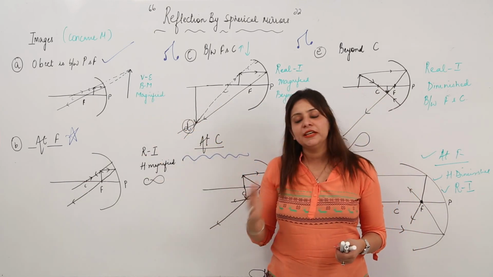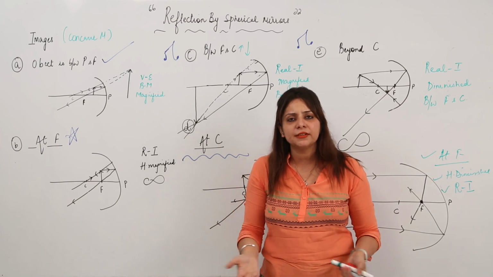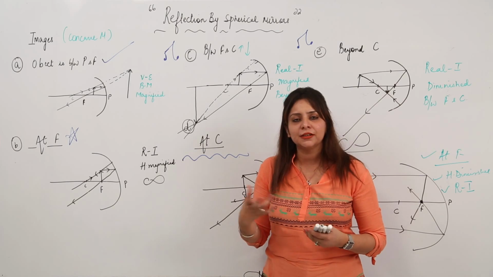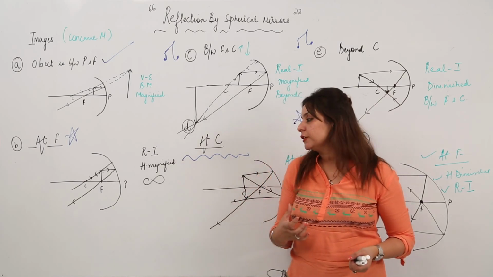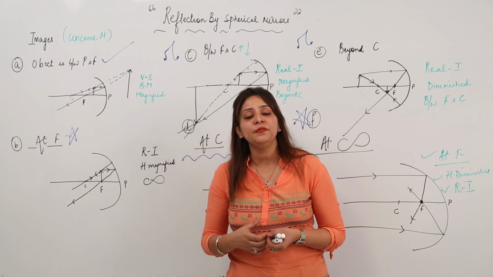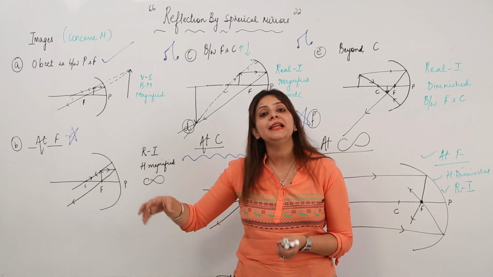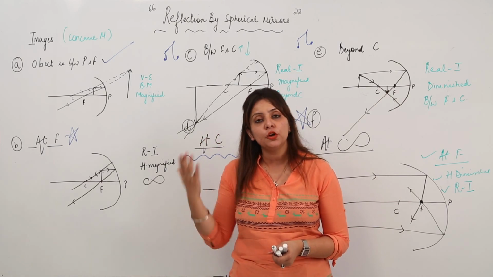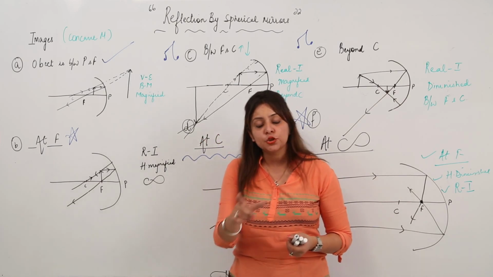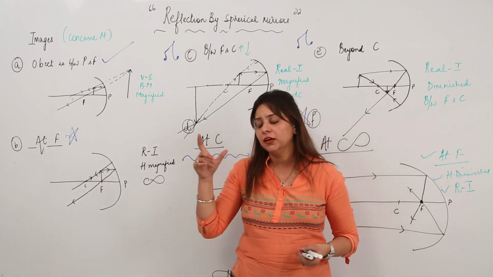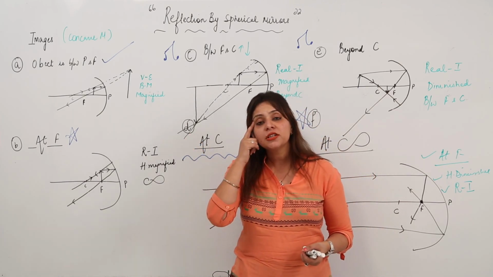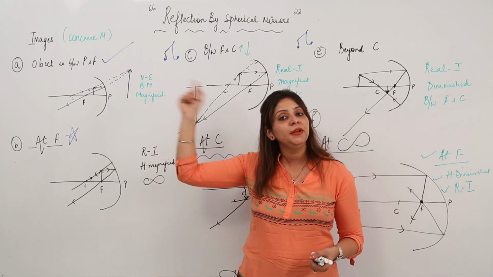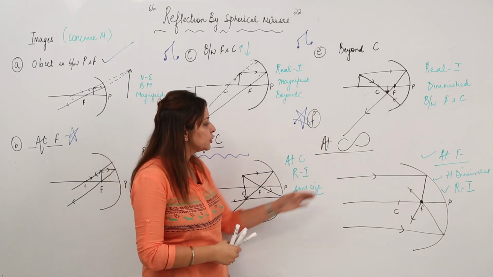You may get a direct question based on this, but always teachers try to make a question a little tricky. What your teacher asks you is, draw a ray diagram when the image formed is highly magnified. So you get a question by image, and you need to locate the object yourself. Suppose I tell you to draw a ray diagram for a concave mirror when the image is highly magnified. It should directly click in your mind, highly magnified, that means at F, that means the object should be at infinity. So this is this case.